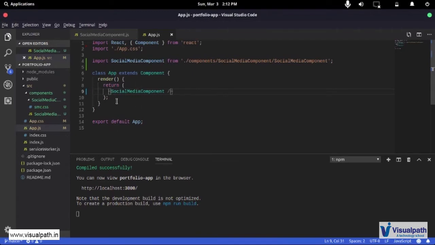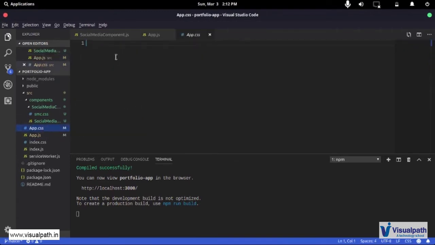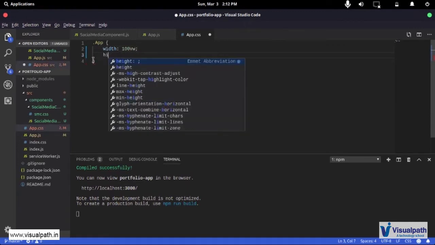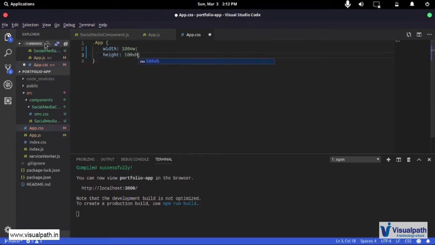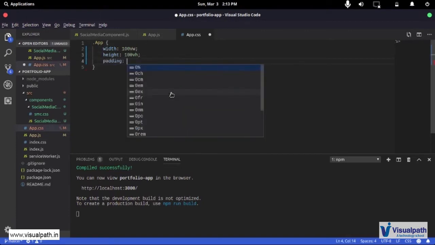Now let's just change the styling of app first. So I'm going to create a class that I'm going to call app, and here I just want to put up a little bit of width and height. So I want to have the width of 100 VW, and that's just how wide your browser is, and I'm going to have a height of say 100 VH. Now these are just viewport width and viewport height, and if you're comfortable with CSS you already know these. Then I'm going to have a padding, and I just want to have a padding of say 50 pixels for now, just to play around a little more.